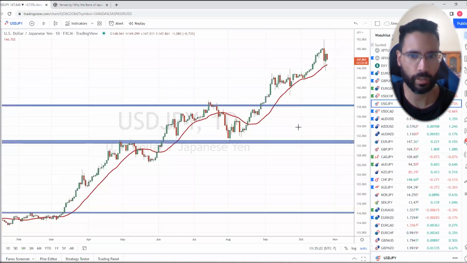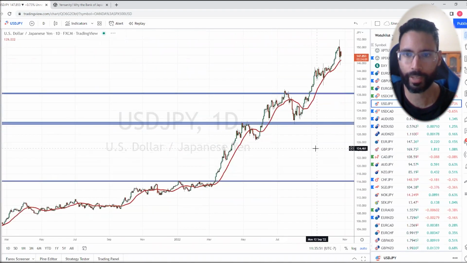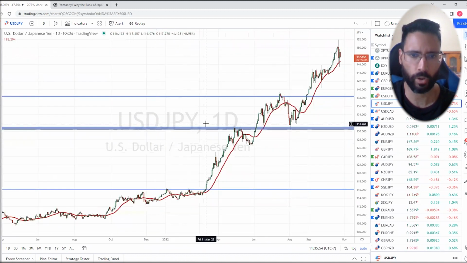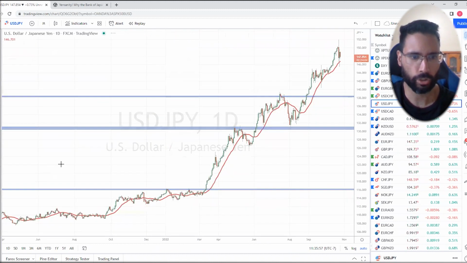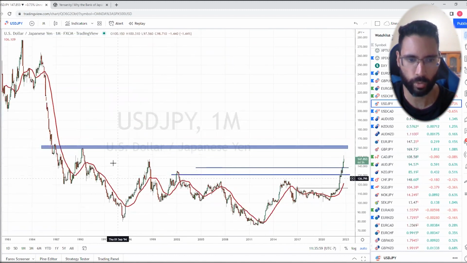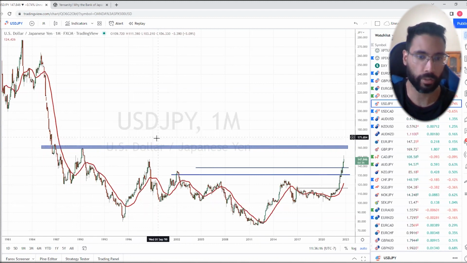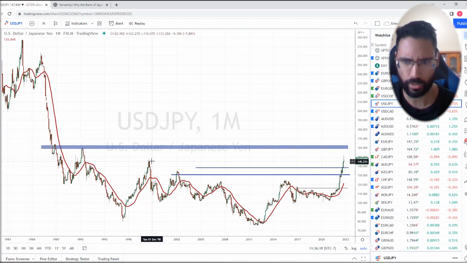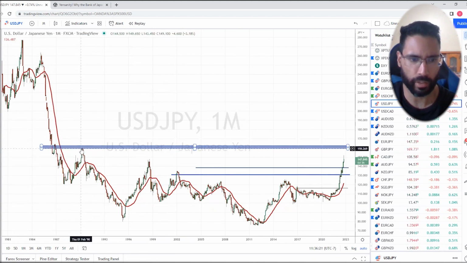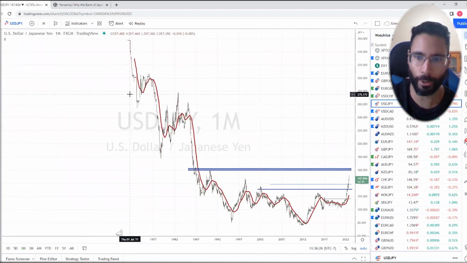And as you can see, the yen is continuing to weaken. This is, of course, the US dollar, Japanese yen. Let's go on the monthly chart just so you can see price action going back to the 1990s. The Japanese yen is basically at levels that it has not seen since August of 1990. And I have another target here at around the 160 level on the monthly chart, although there's some interim resistance here around 145. But if it does actually take out 160, we'll talk about that down the road.